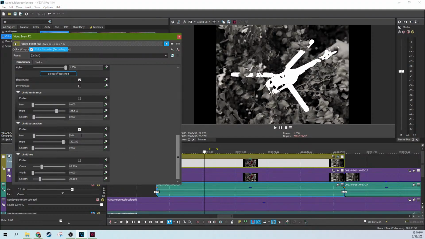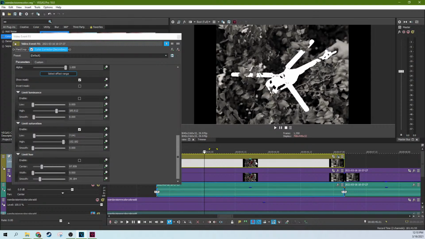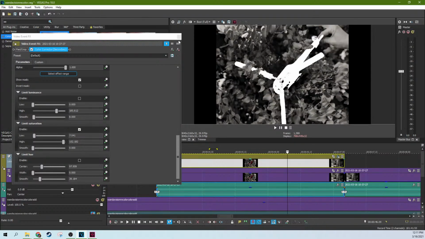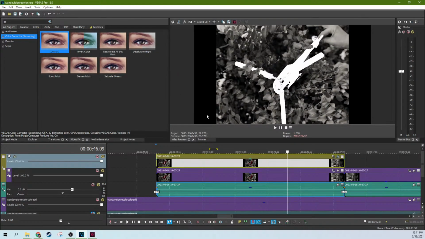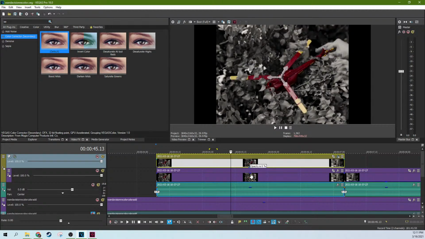Okay, let's try the scroll wheel on my mouse. That's better. It's still not perfect. Let's try it. Okay, so I have mostly a mask here, and so what I gotta do is, now